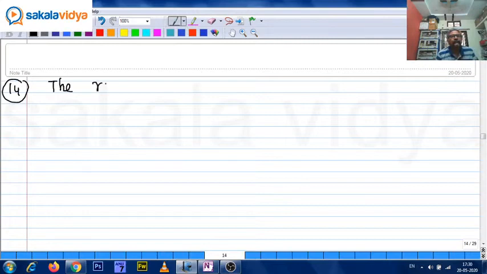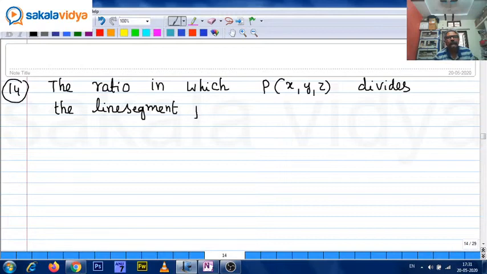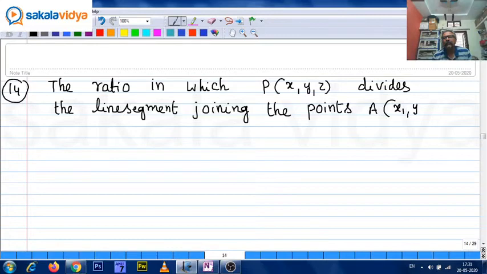The ratio in which P of x, y, z divides the line segment joining the points A of x1, y1, z1